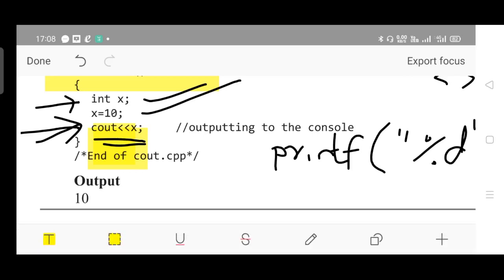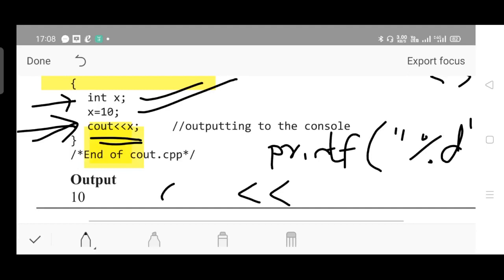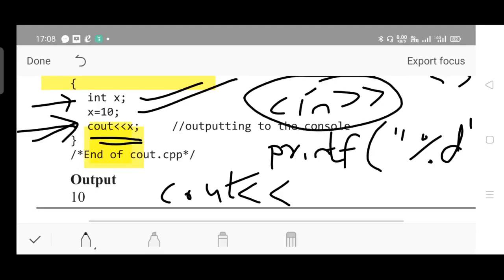Please observe the operator. The left shift operator is used with cout and the right shift operator is used with cin. Cin we did not consider so far in this program. We'll be considering that in the next program. If cout is equivalent to printf, then what does cin stand for?